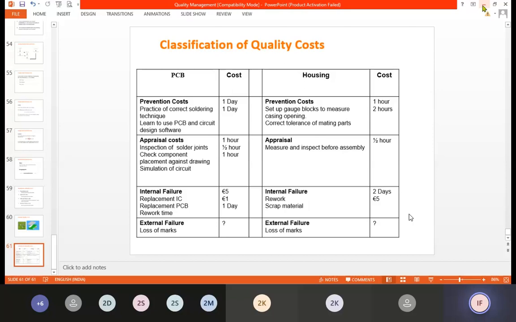Okay, so that was all about quality, and we have finished the first session on quality costs: quality prevention cost, appraisal cost, internal failure cost, external failure cost. Our further sessions will be on statistical quality control. Then we will also be covering some numerical examples on EOQ or inventory management, etc.